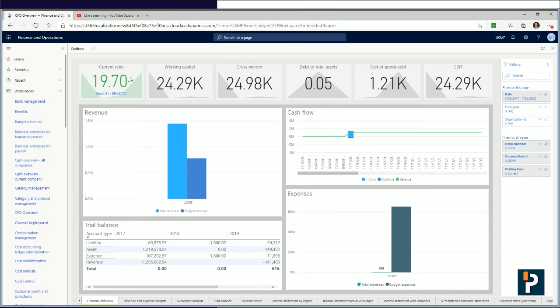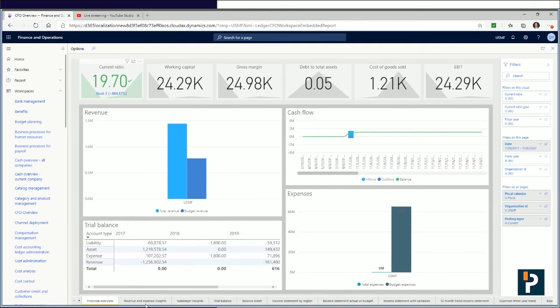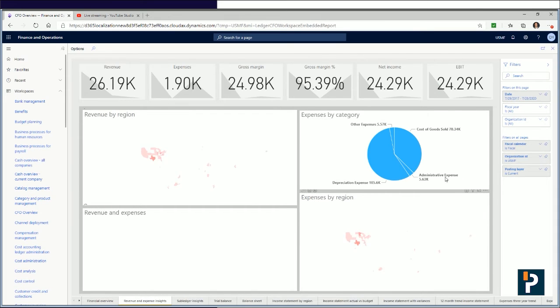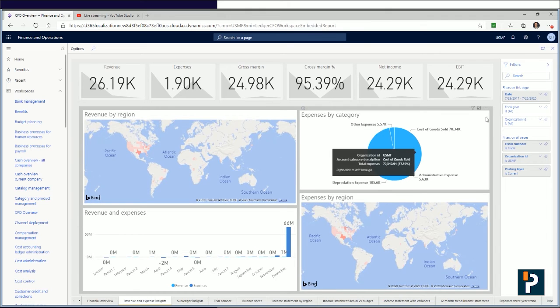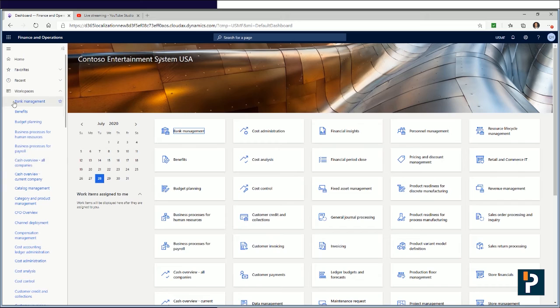I can focus on something particular, for example, my current ratio. I want to drill into that. I can look at my revenue and expense insights, revenue by region. I can export the data. I can show it as a table. I can sort by organization ID, account category. Well, in this case, it's specific to this report. So if I'm a CFO and I'm looking at this report,